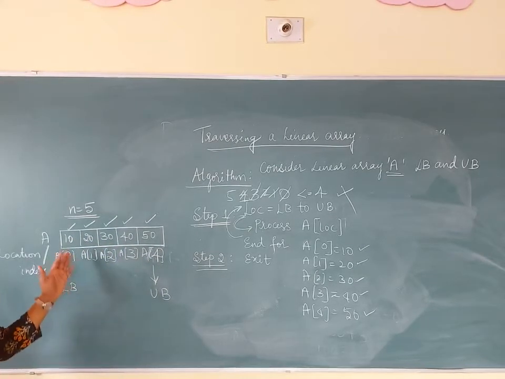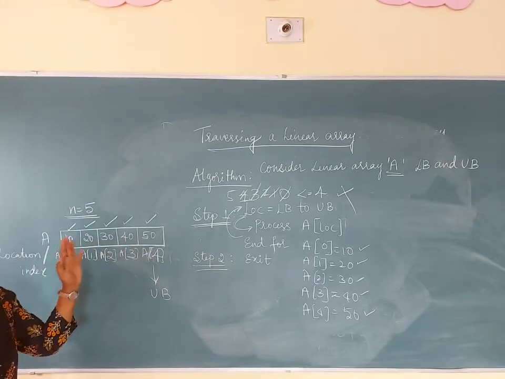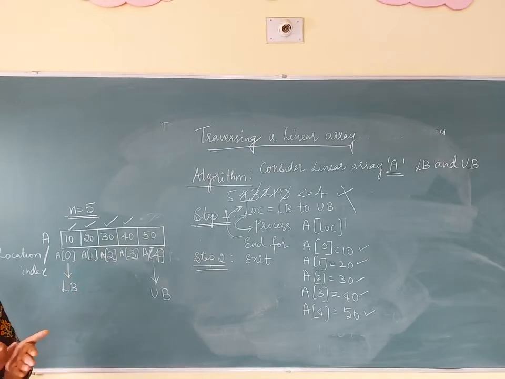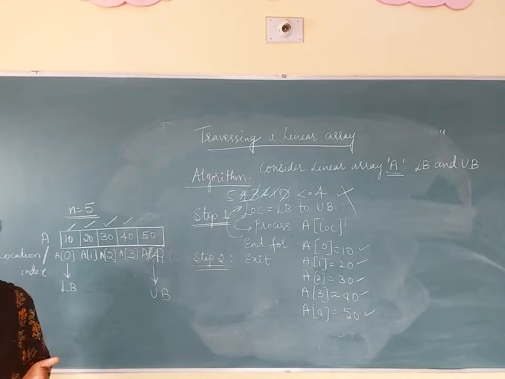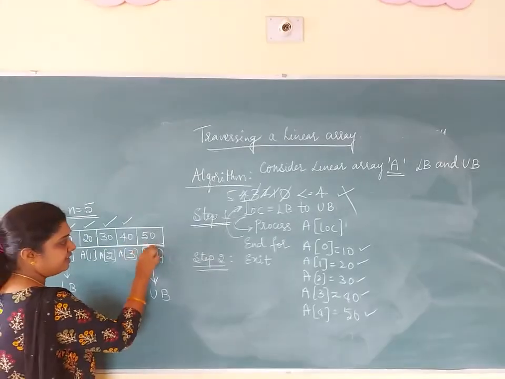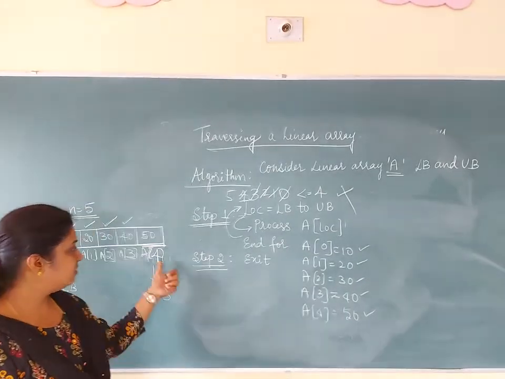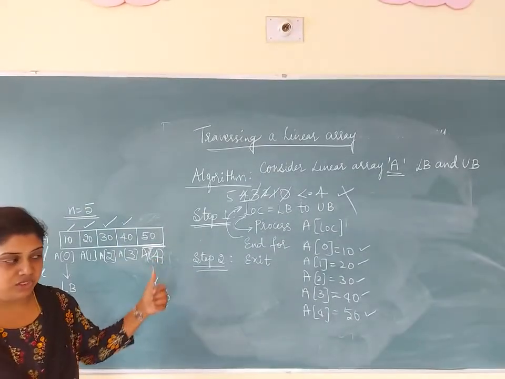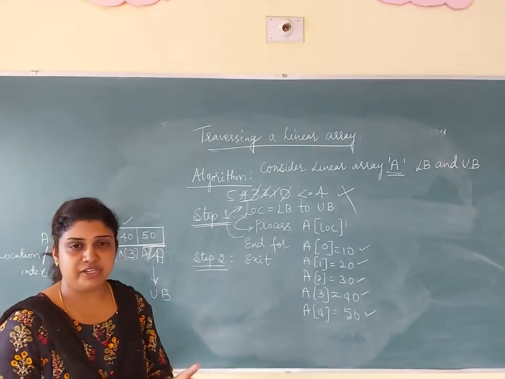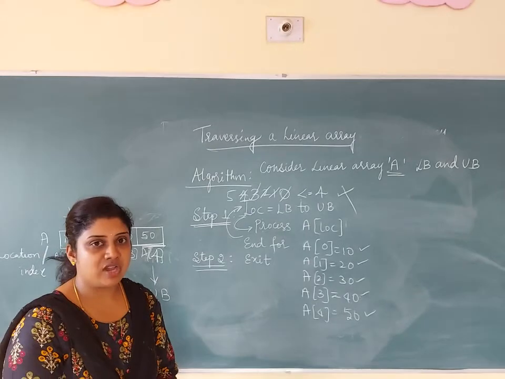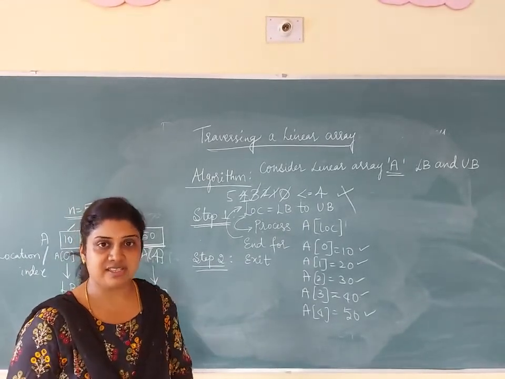Exactly once we are calling traversal. Suppose 10, 20, 30, 40 I have accessed, and 40 I didn't access, so 4 is less than 4 I have taken. The condition does not satisfy, so it comes out of the for loop. Now 4 elements I have visited. I didn't visit the 5th element. So it is not a traversal because one element is left out. So traversal means in an array, whatever the elements you want, you have to access each and every element exactly once.